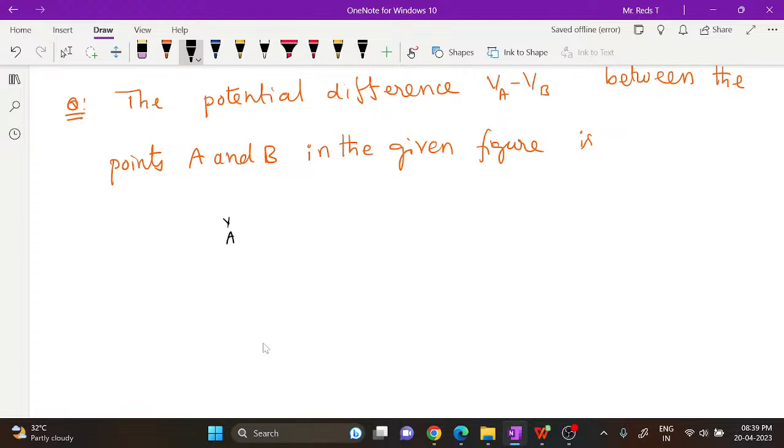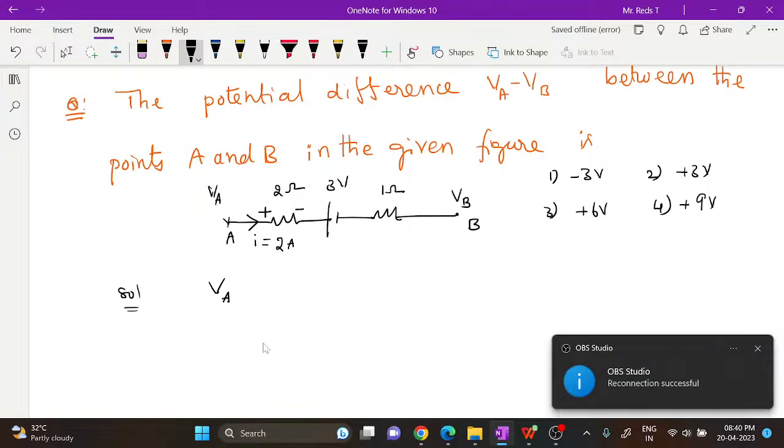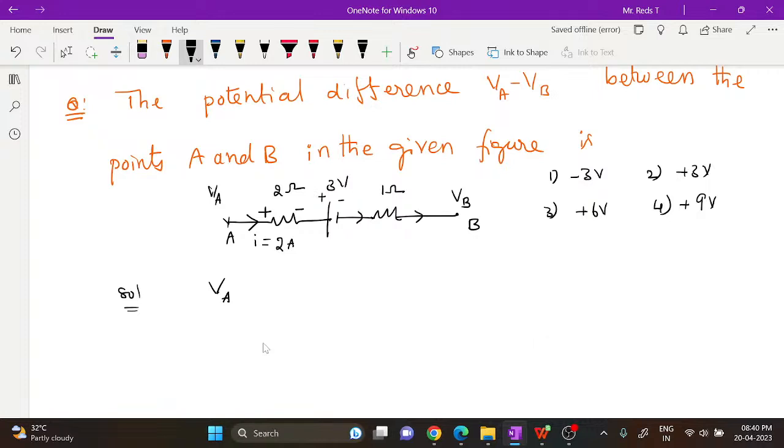and it is maintained at a potential of VA, and it is connected to a resistor and then to a cell. On the left the potential is higher and on the right it is lower for the resistor. Of course, for a battery this is the positive and negative terminal. Again, as current is flowing here, you can say this is positive and this is negative for the other resistor. Now if you apply KVL, Kirchhoff's voltage law, the potential here we take as VA, and